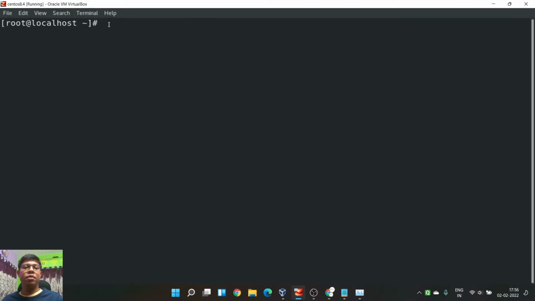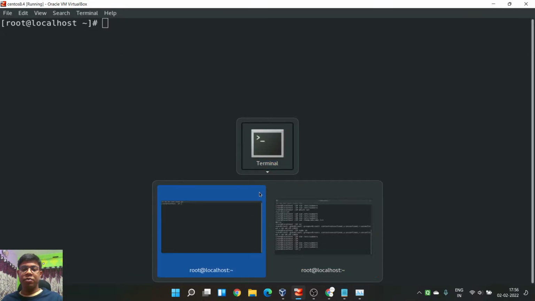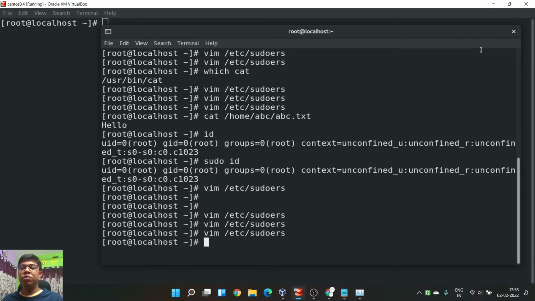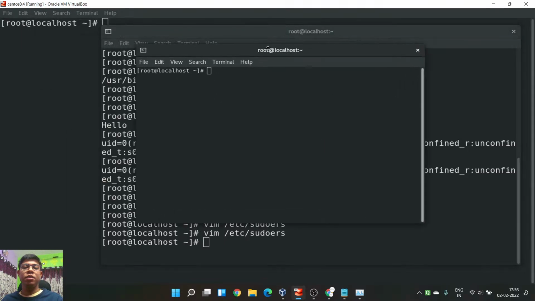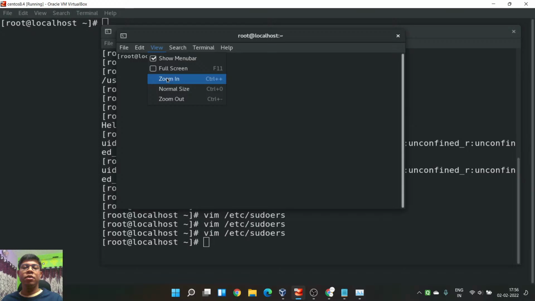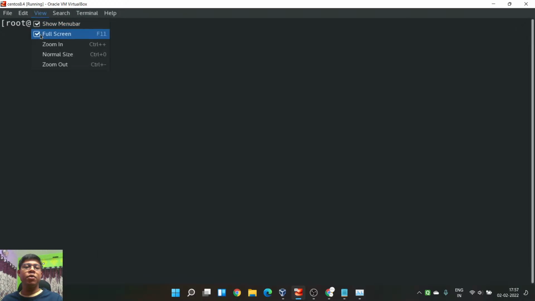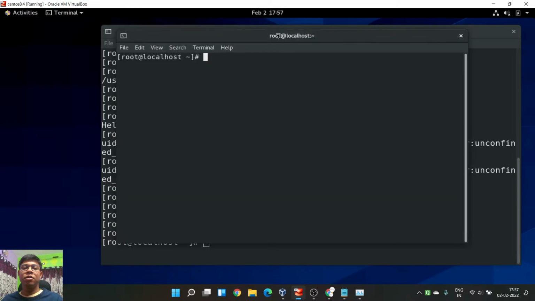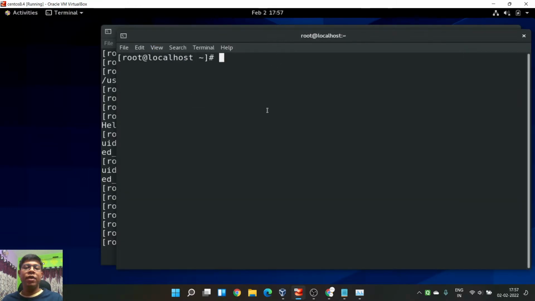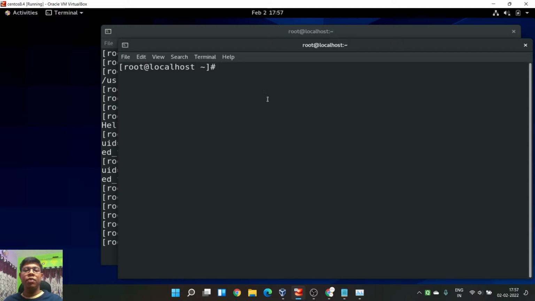Why, oh man. Okay, so let me switch to this, and then let me open another terminal. So file, new window. Okay, let me work on this window. I don't know why. I think maybe I, okay, so I remove this full screen. Okay, so now if I zoom in, and now if I type here, let's say I'm switching to midya.